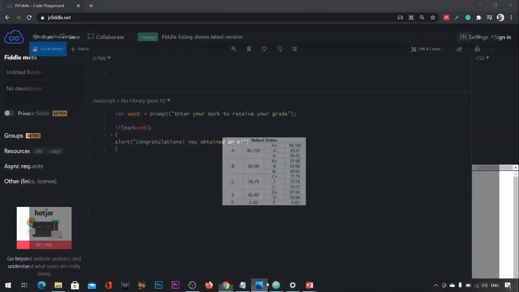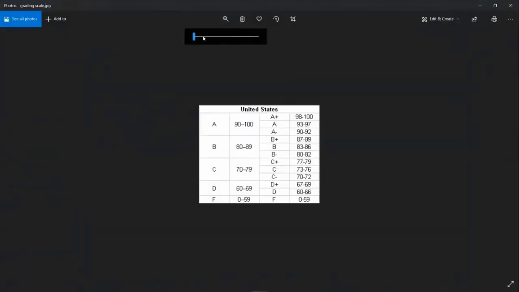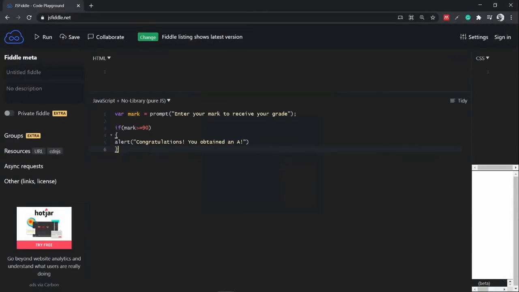Moving on, our next condition. Now, if we have a look at what we have over here, if the user gets anywhere between 90 and 100%, they should be given an A. If they get anywhere between 80 and 89, they get a B, and likewise with C, they get between 70 and 79, and so on. So essentially, we are going to be working with these two columns. Let's minimize that. And else if, actually, because we are testing a different condition if the first one is not met. So else if